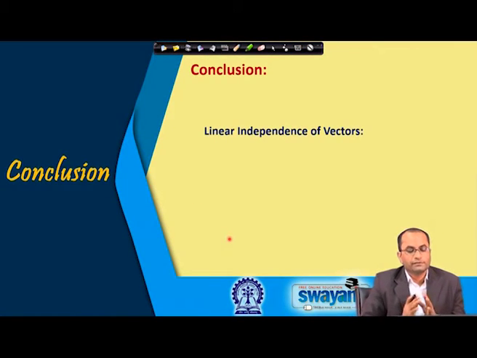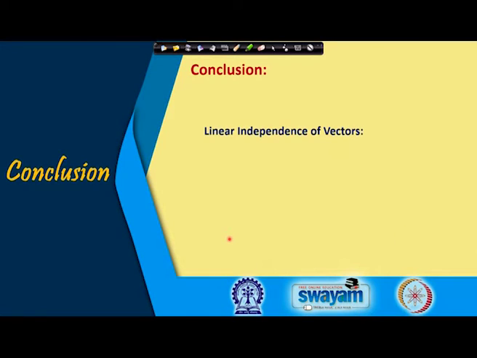So, what we have learned today is about the linear independence of vectors. This is again a very important topic while considering vector spaces, and we will continue our discussion in the next lecture. What was important is the linear combination of the vectors: lambda 1 v1 plus lambda 2 v2 plus up to lambda n vn is equal to 0. If out of this equation we get the unique solution lambda 1 equal to lambda 2 equal to lambda 3 equal to lambda n equal to 0, then we call this set